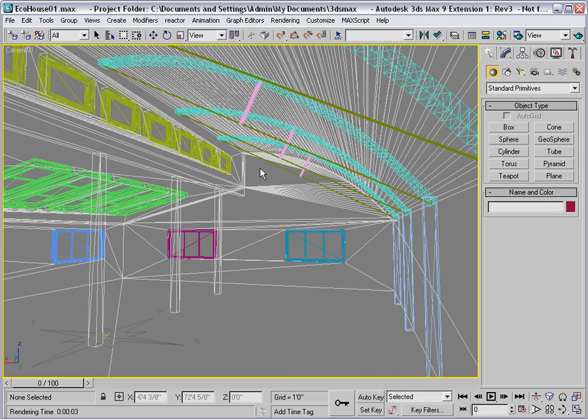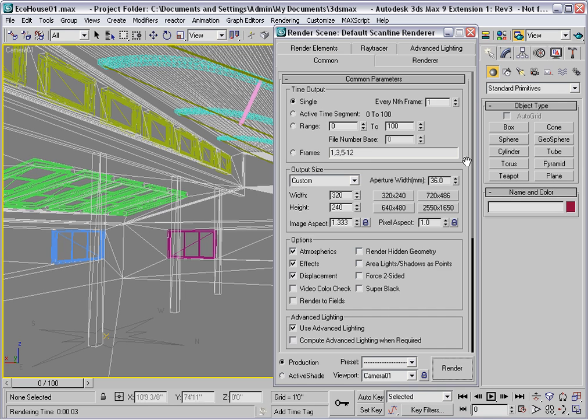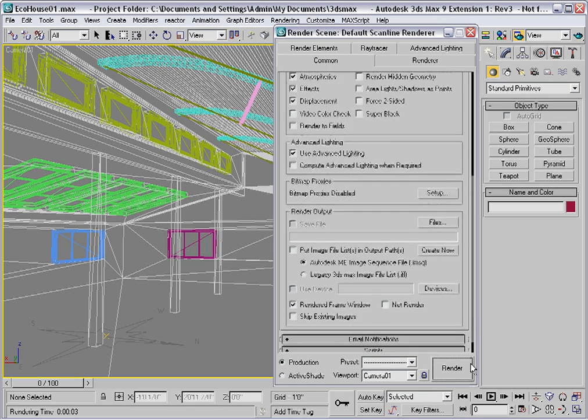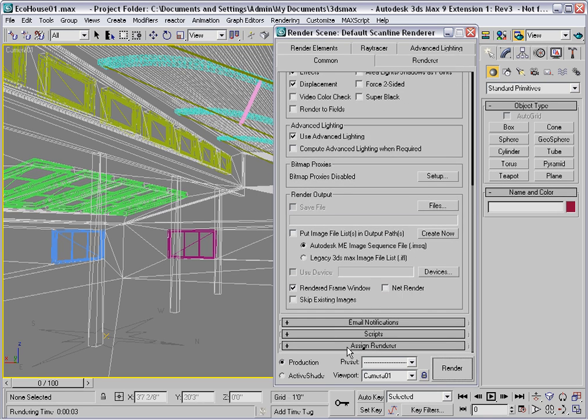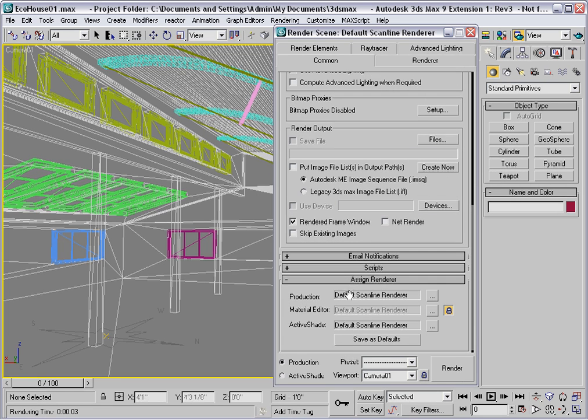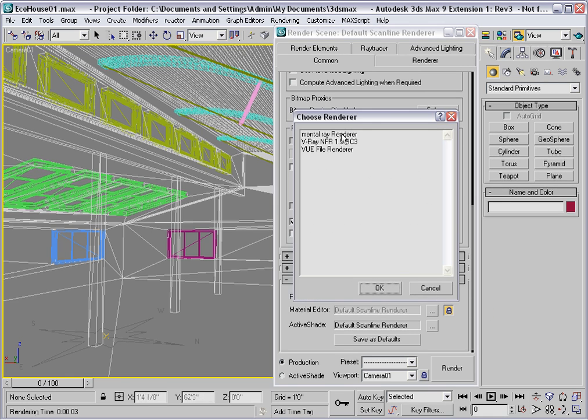To get started with Mental Ray, go to the Render Scene dialog and scroll to the very bottom of the Common tab. Open up the Assign Renderer rollout and change the Production Renderer by clicking this button. Select Mental Ray,